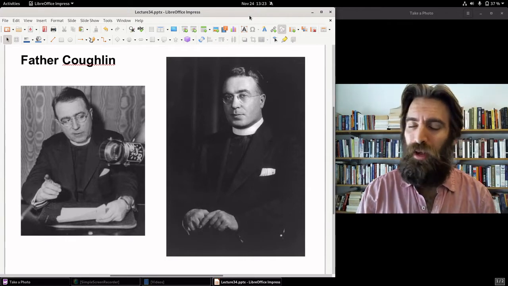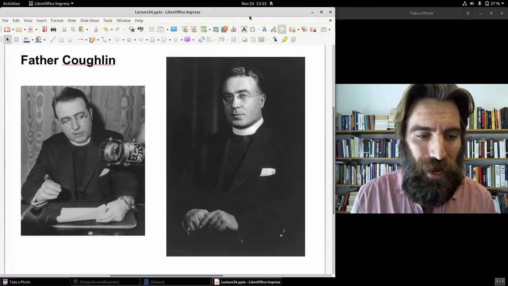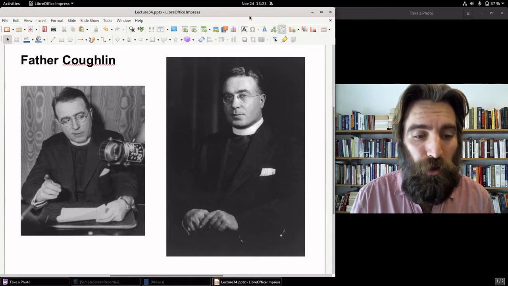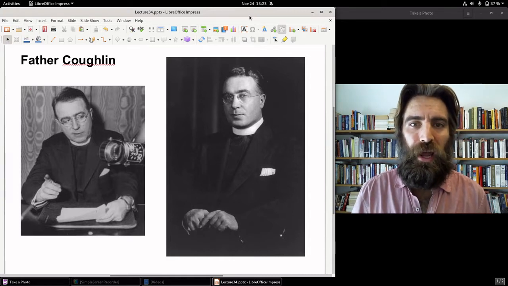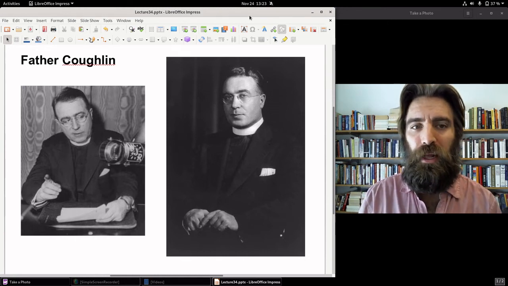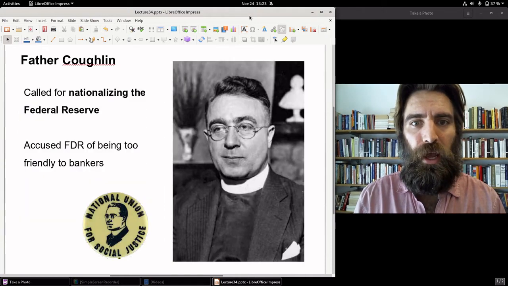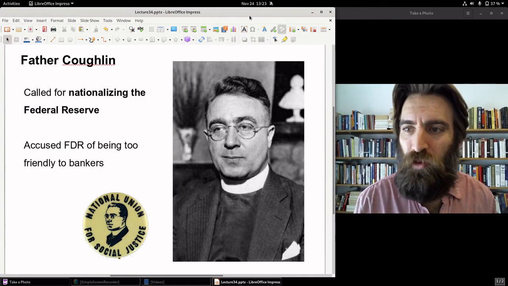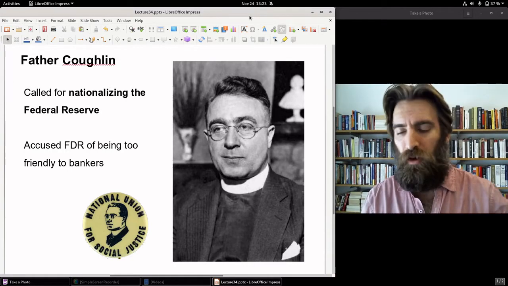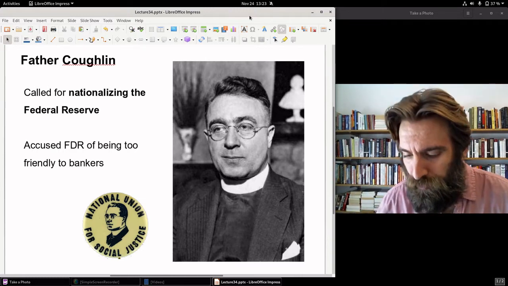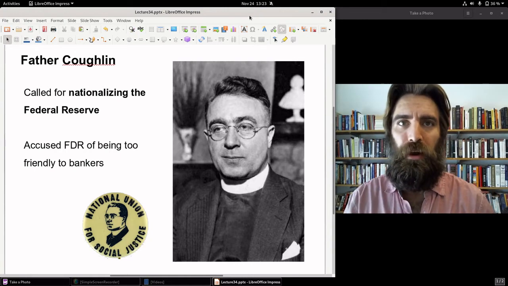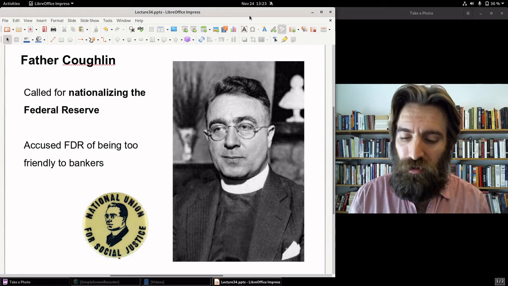And he had a radio program, and his radio program was a massive audience. About 30 million, maybe as many as 40 million listeners tuned into his weekly broadcast. He supported FDR in 1932 and 1933, but by 1934 he turned and believed that FDR had been too friendly to the bankers. And you might say, wow, that contradicts what we learned in Part B, where FDR enraged the Morgan Bank because of all the new banking acts and the transfer of power from the New York Fed and the move from gold. Morgan didn't like that, and that's true.